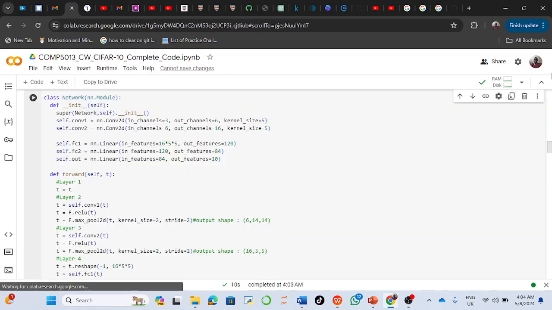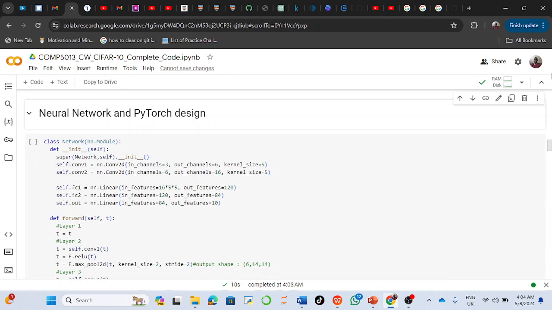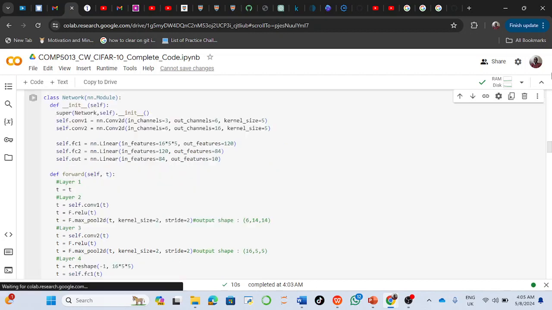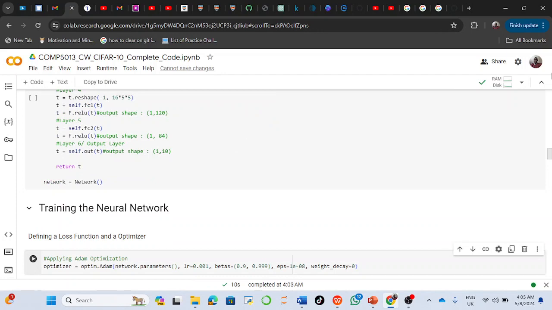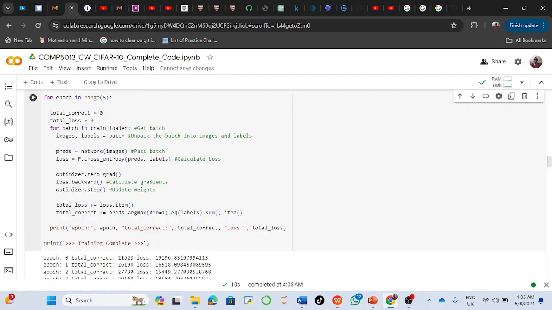So for the neural network and Python design, the network used in this work is the CNN network, and the activation function used is the ReLU activation function. For the training of the neural network,